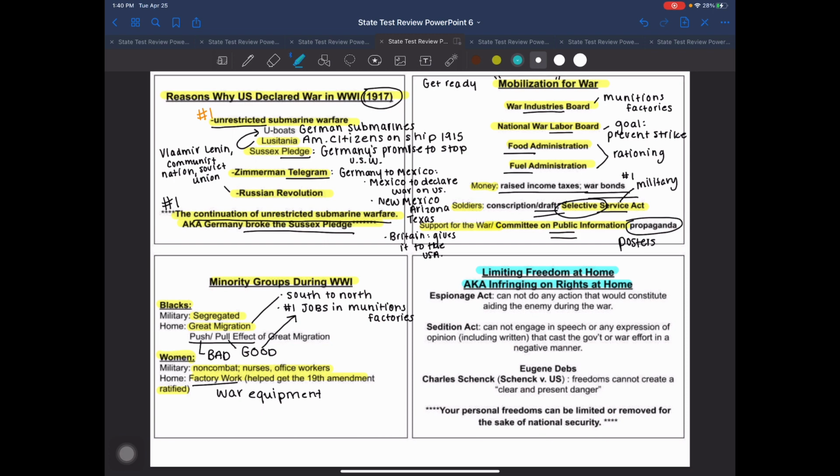You can go to jail, so on and so forth. So it's important to understand your freedoms are limited as is, but especially during a time of crisis, during a time of war, your freedoms can be so limited to where they can almost be non-existent. So let's talk about a couple of very important laws passed, the Espionage Act as well as the Sedition Act. And for espionage, another word for espionage is spying.